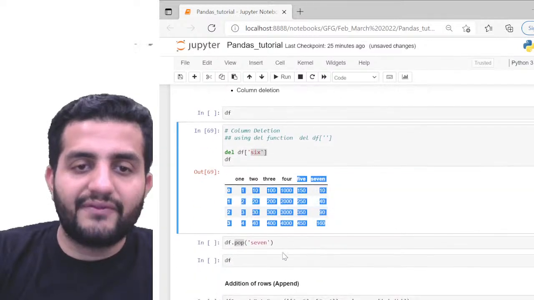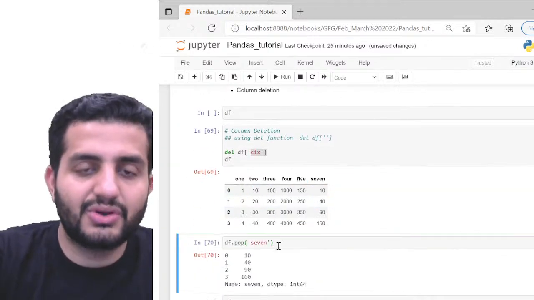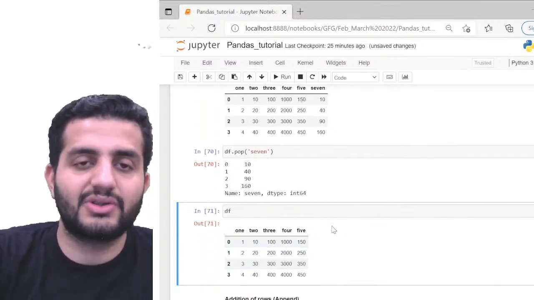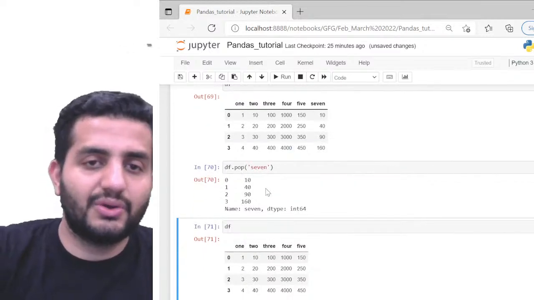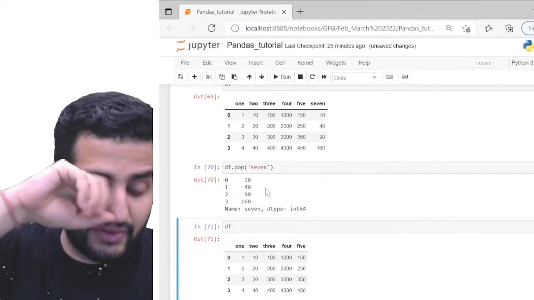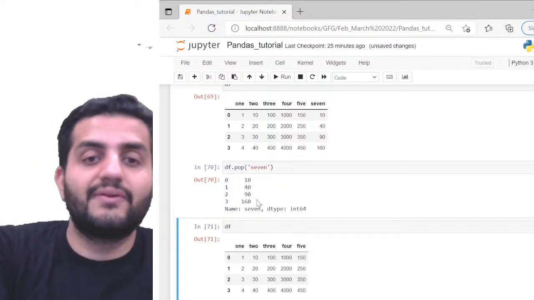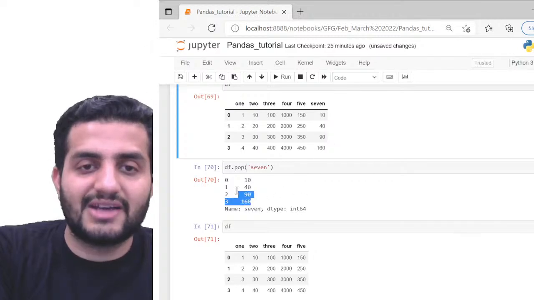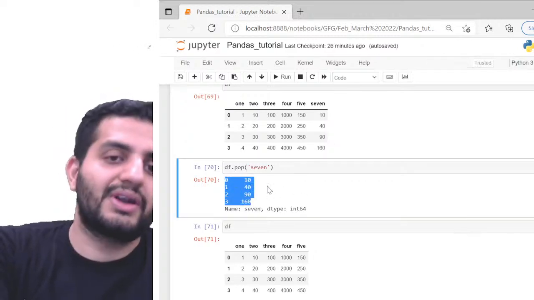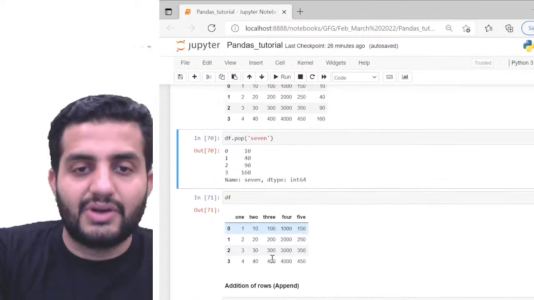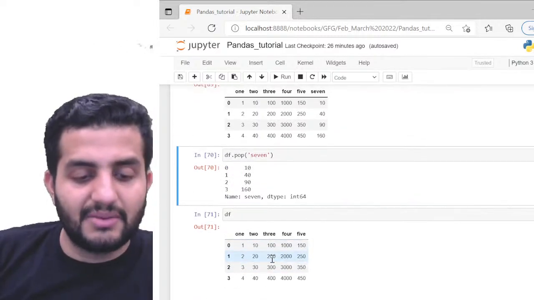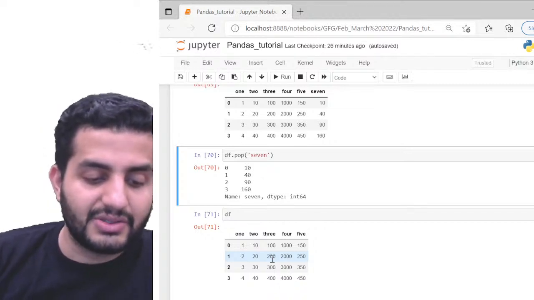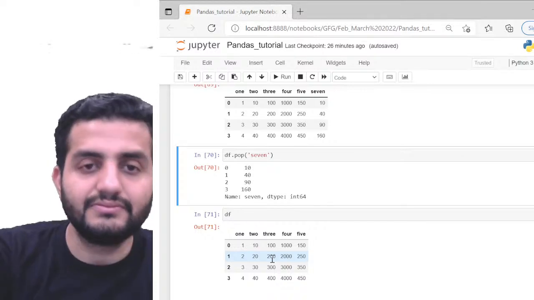And also I can do df.pop. So df.pop is also done, and now 7 is also gone. Here, df.pop also shows exactly what column data is getting popped out, so it is giving you an output here, right? The data is 10, 40, 90 and 160. These are my 4 index values which are getting deleted. So this is what it also prints. So there are 2 ways of deleting columns, by using a del operator or by using a pop operator. Both of them are equally fine, so we can pretty much do that. Okay.